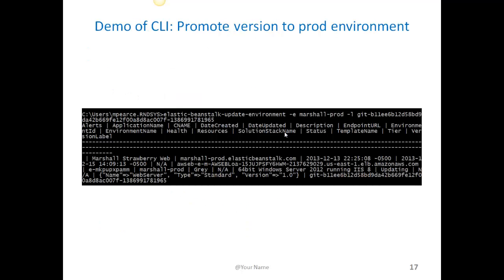We already saw the web management console, and we saw the Visual Studio IDE plugin. Here's an example of one of the command line interfaces. This is one that's really analogous to the command lines we've seen for their other services. So here I'm calling the Elastic Beanstalk update environment executable, and I'm saying for environment, I want to update Marshall prod. And for -L, that's the version label, I'm going to say I want you to use git b11 blah blah blah blah blah. So I execute that. It will have to redeploy, so the site will come down briefly, but